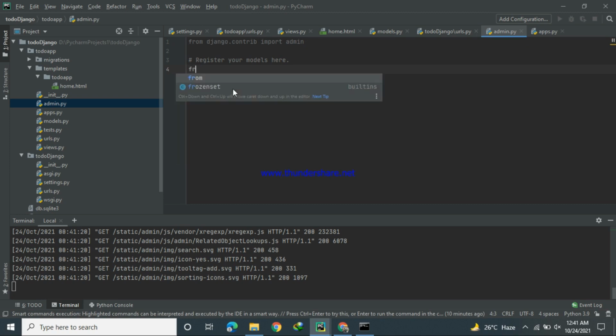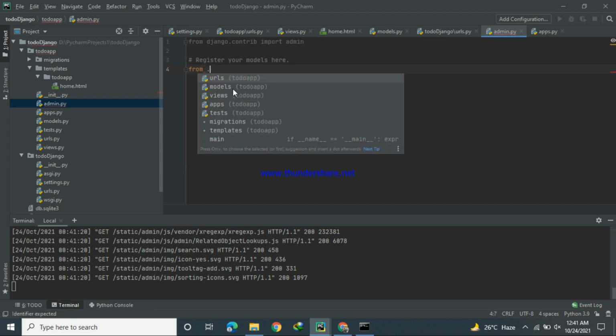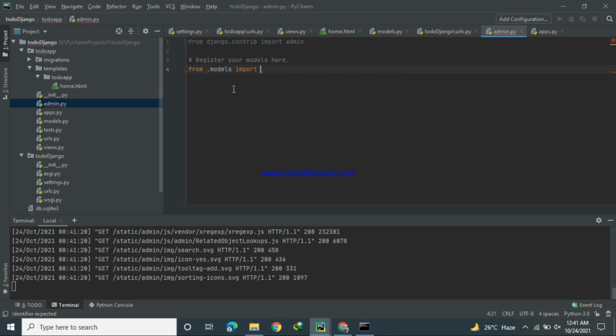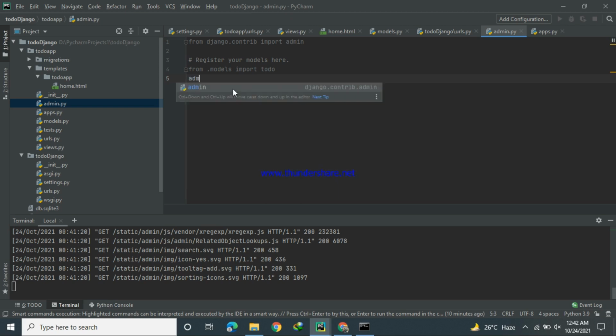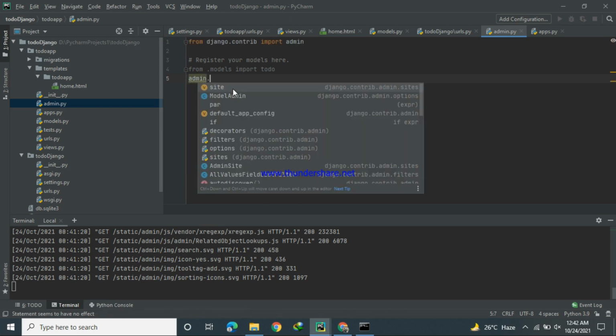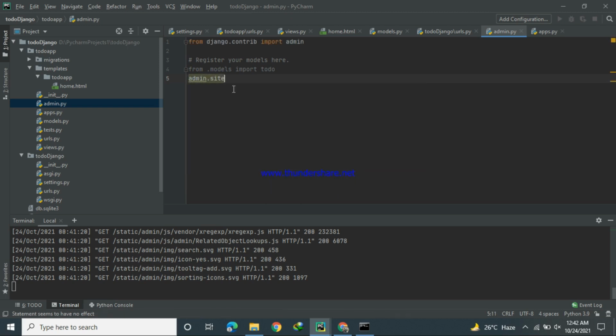From this models import Todo. So it's the method to import our model. Now we will register our model with admin.site.register.